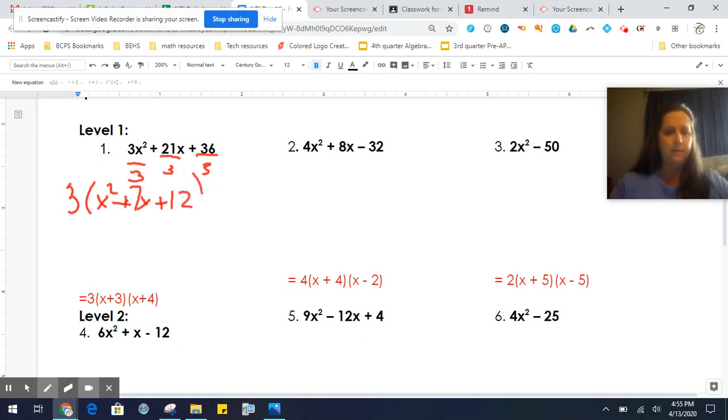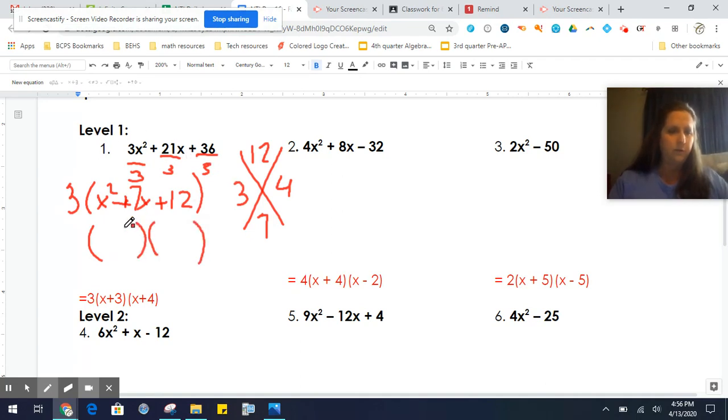After I write that, then I have a 1 in front of my x squared. Once there's a 1 in front of the x squared, you can use factor x. On factor x, 12 will go on top and 7 will go on bottom. What can I multiply to get 12 that I can also add to get 7? Well, that's 3 and 4. So I'm going to change these parentheses into 2 parentheses, and I'm going to take my positive 3 into the first parentheses, x plus 3, and I'm going to take my positive 4 into the second parentheses, x plus 4,